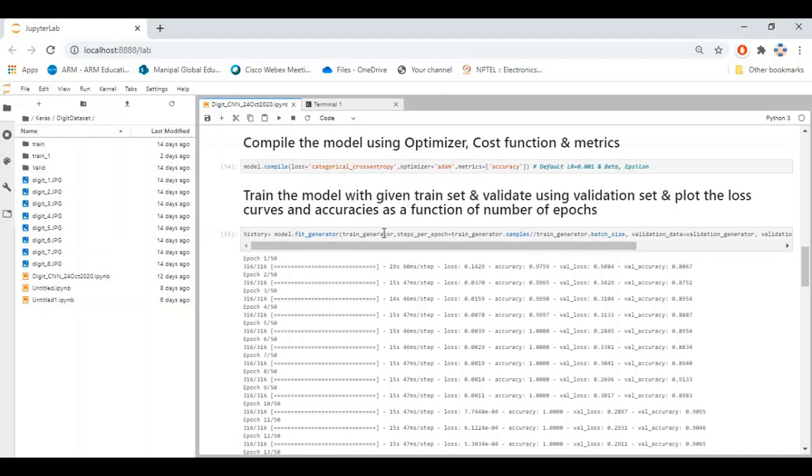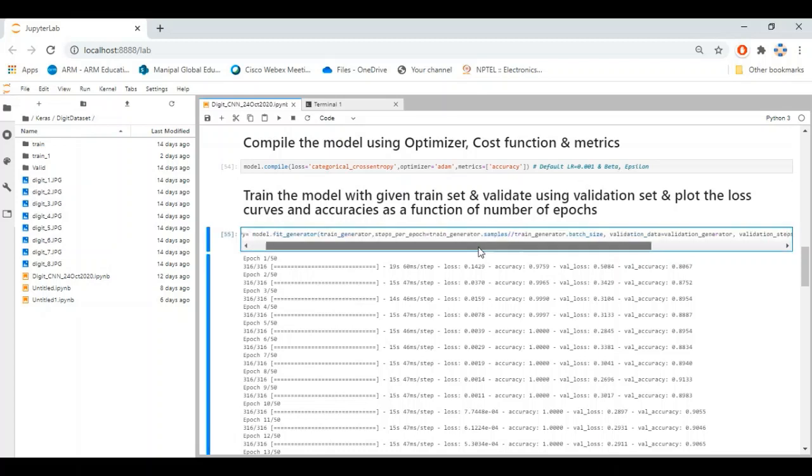In this case, the default values of learning rate, beta and epsilon for this particular optimizer are used. The default learning rate is 0.001. The next step is training the model. Once the model is compiled, the hyperparameters are already set, the optimizer is decided, the batch size is already decided, so we can start training the model, and this is the function that we can use to train. As you can see here, these are the input arguments: training and then validation. You can also mention the number of epochs here.